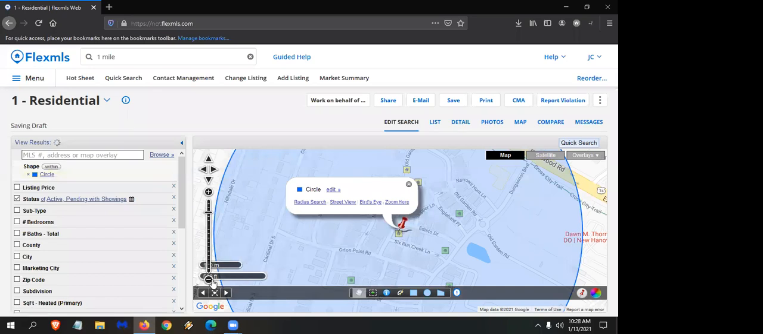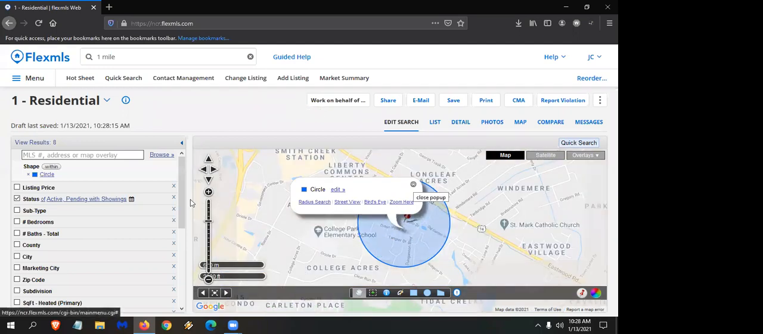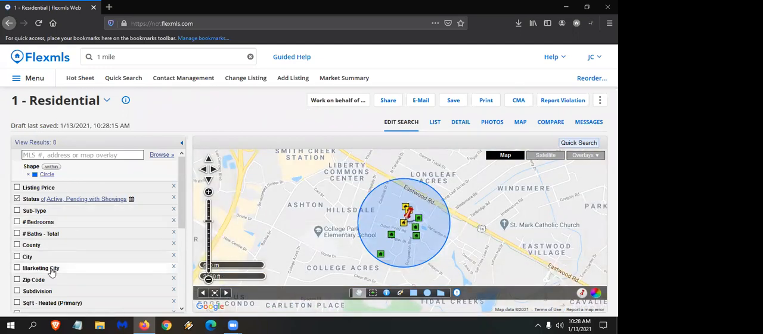And now there we go. Let me zoom out just a little bit. This is now a quarter mile radius around that address. And then I can put in my other search parameters, whatever it is that I want to do. Okay, so we did an MLS number, we did a radius search, and then the final thing that we did